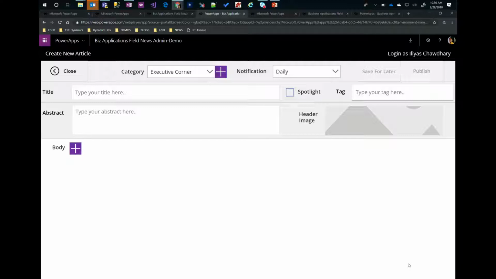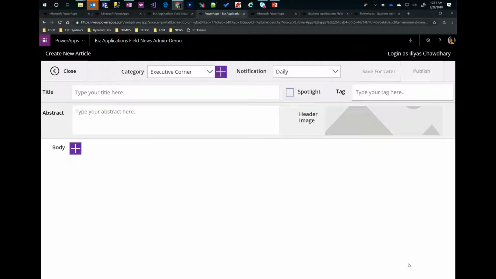Now the best part of this is because it is built on Power Apps and it is leveraging CDS, the categories themselves are not hard-coded, which means my administrator or the content admin can go in and click on this and create a new category, and it is available at runtime to the actual user. I can work on what the notification for this kind of an app is, which means do I have to send a notification on a daily basis or maybe on an hourly basis or weekly basis. And once I publish, this is all executed using Flow in the backend. So that's where the entire beauty of Power Apps comes into play.